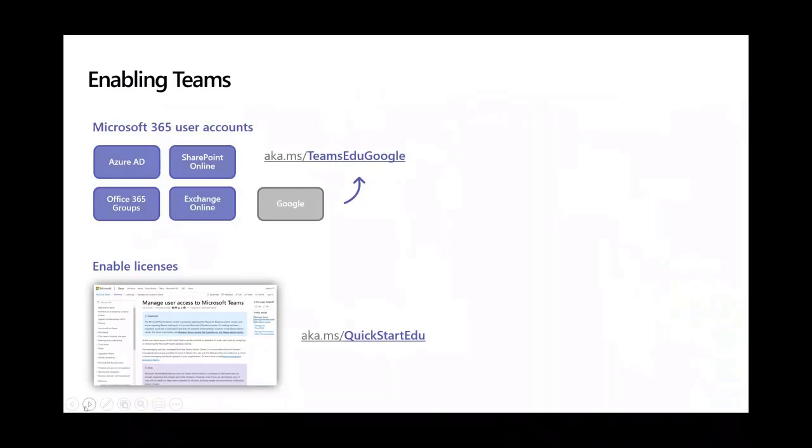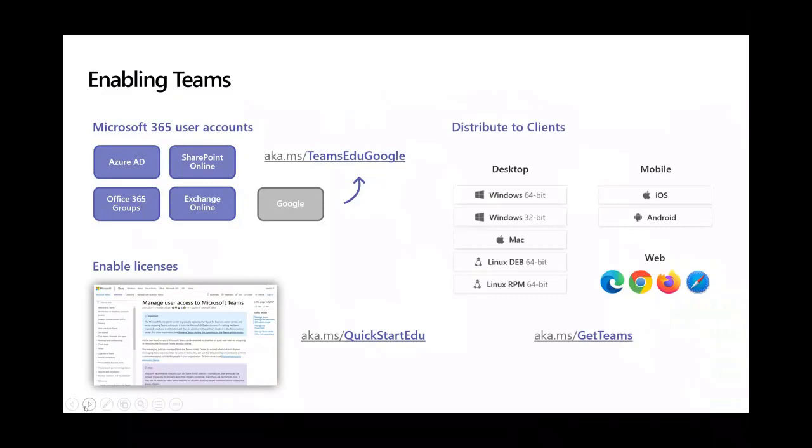Once you have the dependencies in place, the next thing you need to do is apply licenses. Now, the education sector is unique in the sense that there are two license types. There's a faculty license type, and then there's a student license type. We're not going to get into what the differences are, but we need to make sure that we assign licenses to the right audiences, and that the service is enabled for them to go into Teams, to create a team, and to leverage the service that is Teams. And then the last piece I'll actually break down into two components is distributing the client, so making sure that people can download Teams.